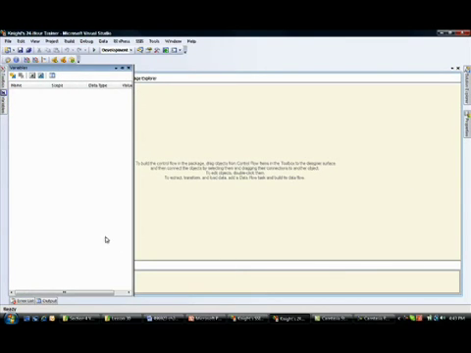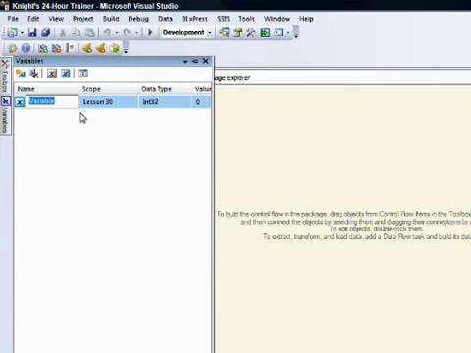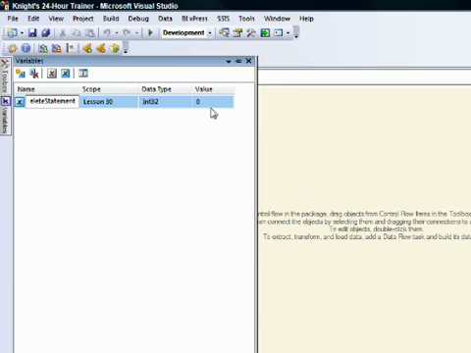So we want to create two variables in this. The first variable is going to be called DeleteStatement. The reason we're doing the delete statement in a variable is just to show you what you can do with the expression language. You can combine two different variables. And this is going to be a string data type. Alright, so let's make the value. I'm just going to copy and paste it. This delete statement